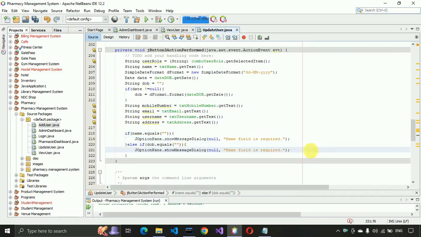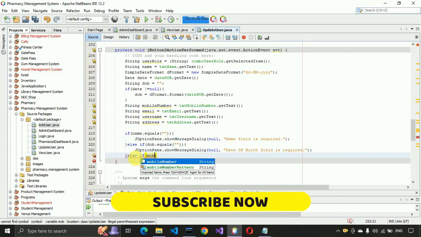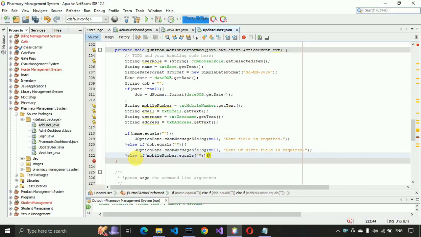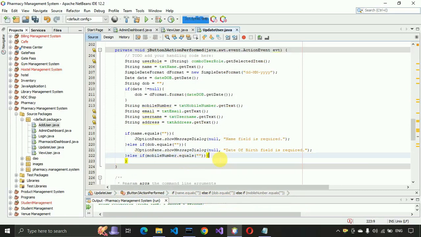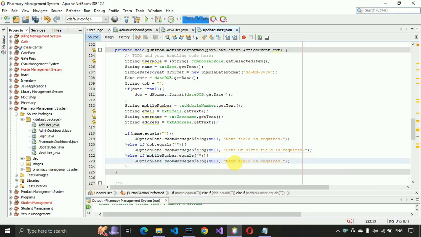Now let me paste it over here. So date of birth is required, and else if mobile number dot equals double quotes, and here we have to just pass the mobile number field is required, and else if,